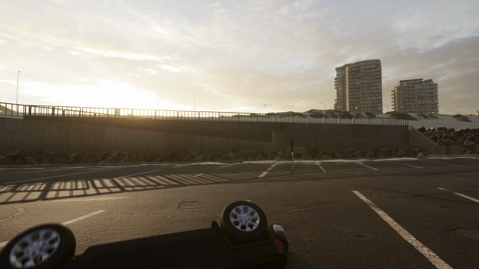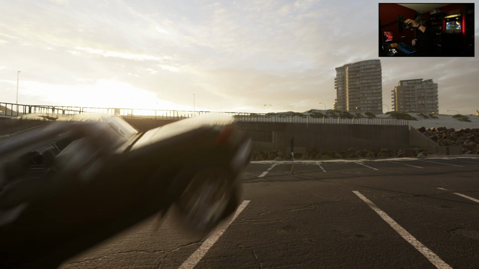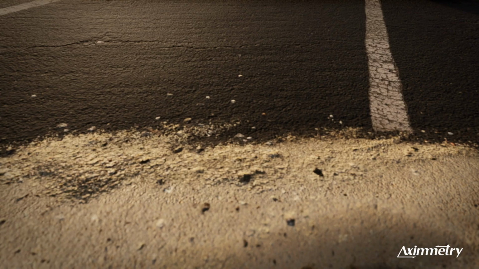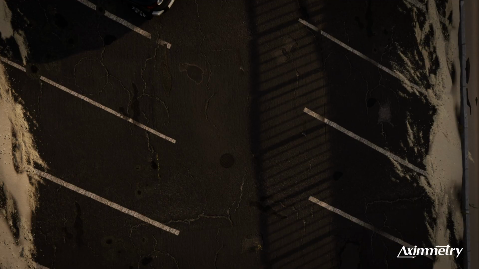The possibilities are endless. Imagine taking that object, the FJ, for example, and putting it to this tracker. I just quickly did a quick thing. Here's the scene, and I'm moving the puck tracker around. Anyway, it's pretty crazy the things that you can do with Aximmetry. And once again, like I said, I hope this tutorial will help you create some really, really amazing content down the road. And the possibilities are just